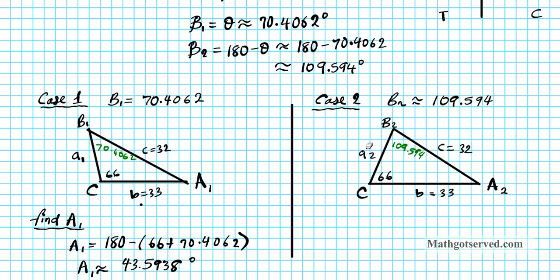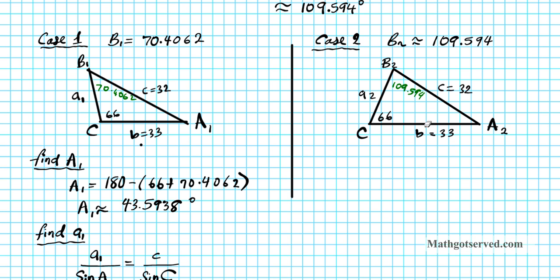Okay, so compare these two triangles. You can see how we had A1, B1, and a1 for case 1. For case 2, you have A2, B2, and a2. All right? So we're going to solve this triangle in exactly the same fashion that we did here, but our numbers are just going to change slightly. So let's go ahead and find